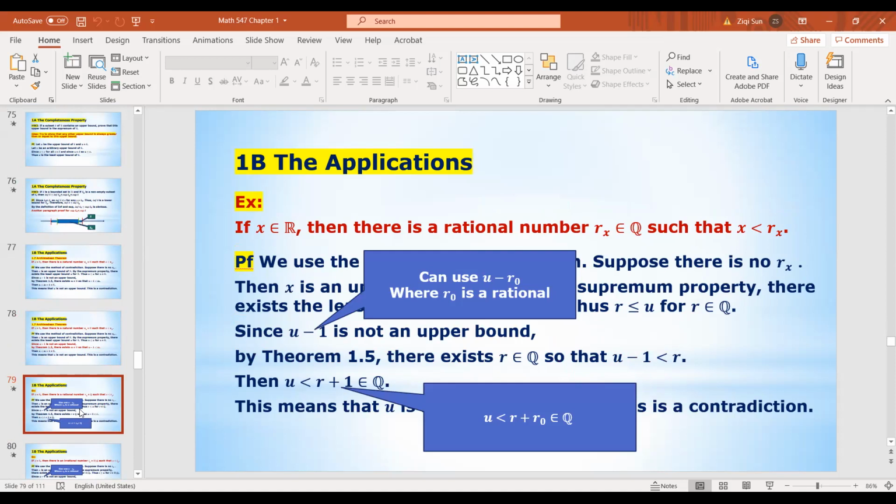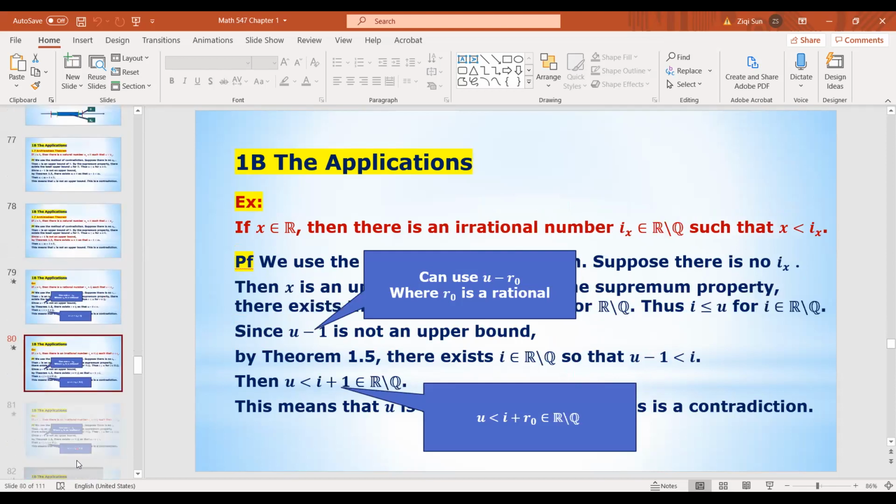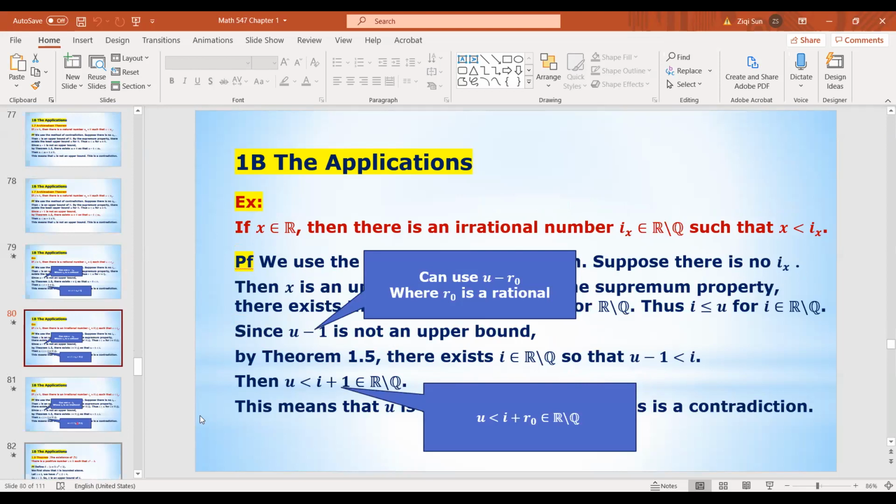Given x in R, instead of an integer, now we want to find a rational number greater than x, okay? The proof can be done using exactly the same argument as we did for the Archimedean proof. And also a problem like the other one,